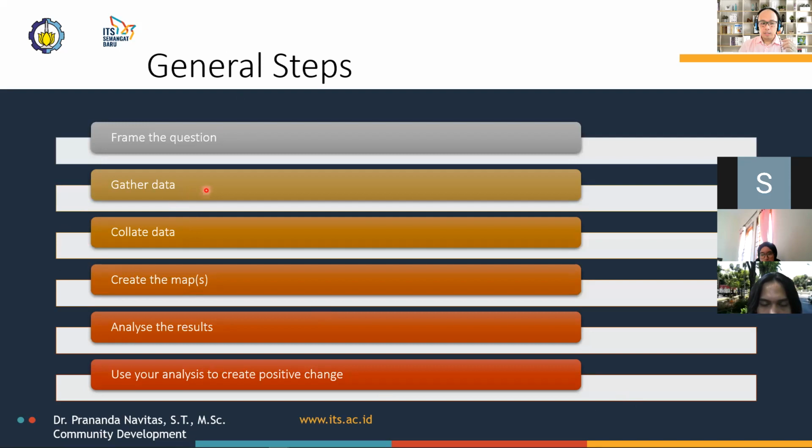The data gathering, or data collection part, and the map creation bit can be done simultaneously if you're conducting a live community mapping session. But before you start the community mapping session, maybe the data collection stage